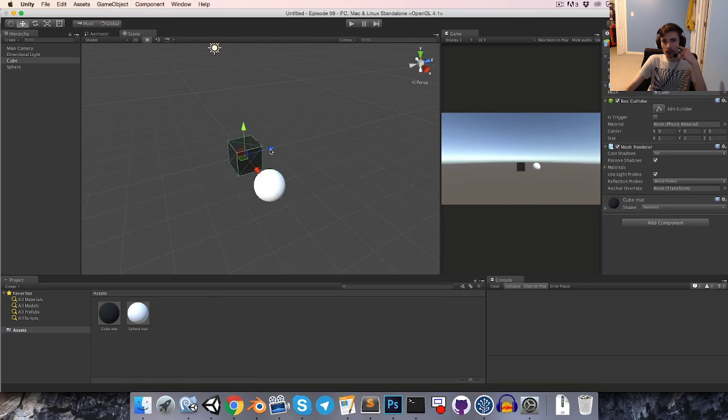So as you know, our 3D space is defined by three axes, the forward Z axis, the vertical Y axis,